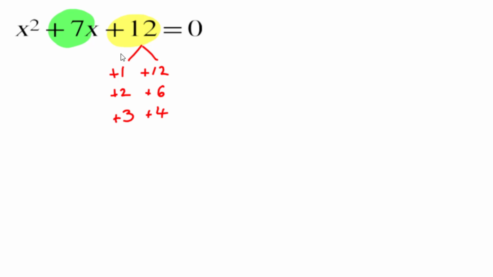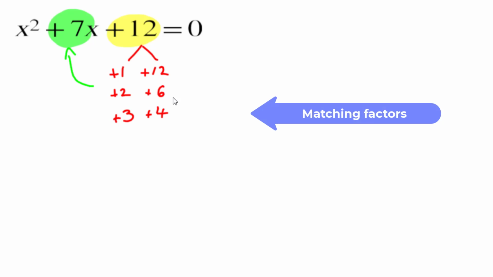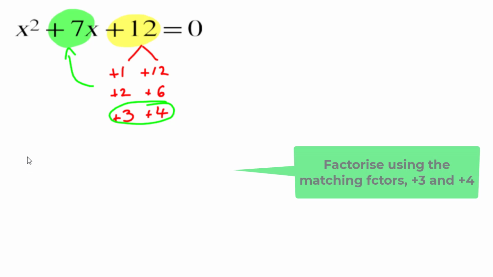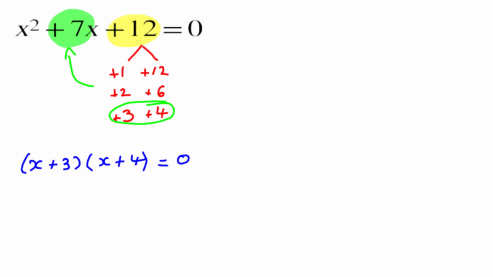But now we need to look at which two factors would add up to give the factor of x. In other words, we're looking for matching factors. In our case, it's plus 3 and plus 4. So plus 3 times plus 4 is plus 12, and plus 3 plus 4 is plus 7. So we found two factors that multiply to give plus 12 and add up to give plus 7. We're going to use them to factorize our original quadratic in the format x plus 3 times x plus 4